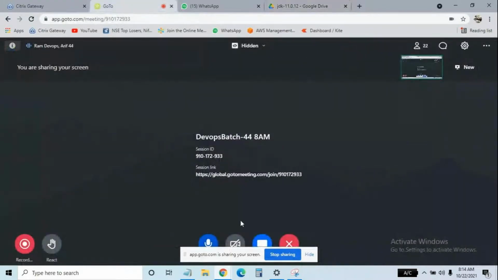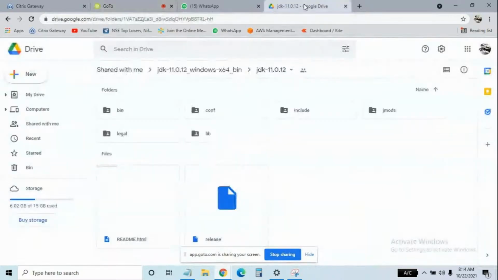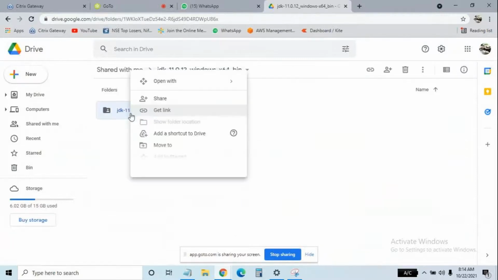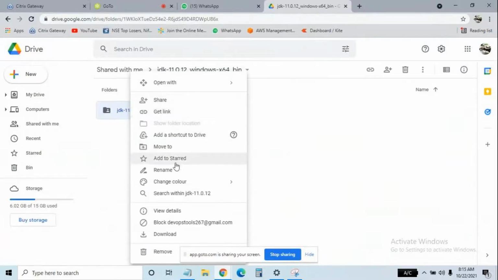I have to save it and run it, right? Yeah, you have to save it on your desktop, your laptop. The download option is there.